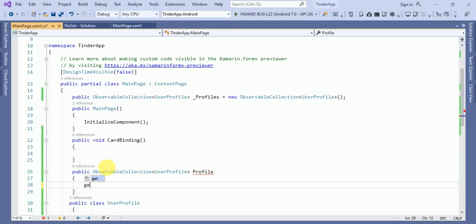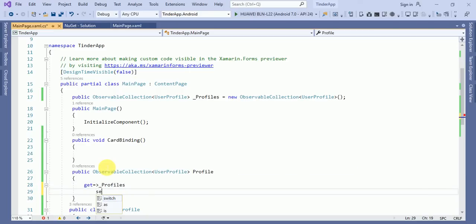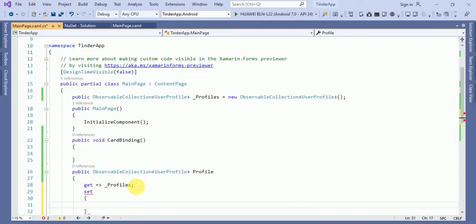Now here get underscore profile, and set profile equals to value.